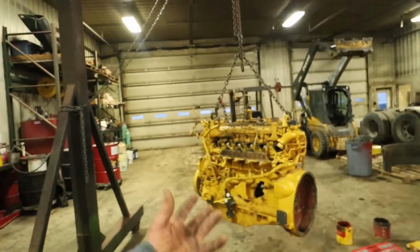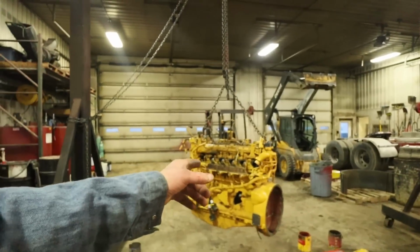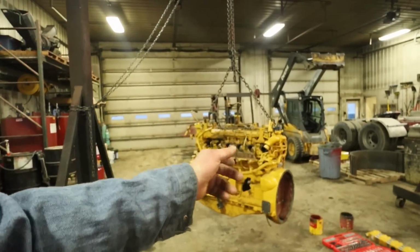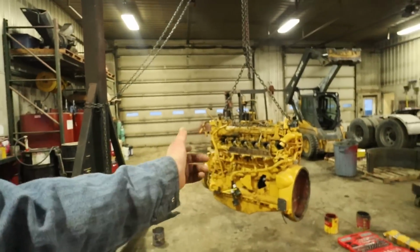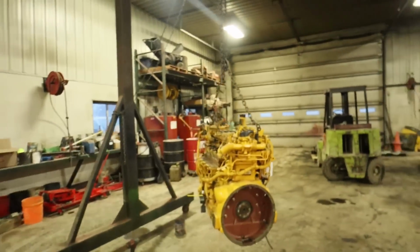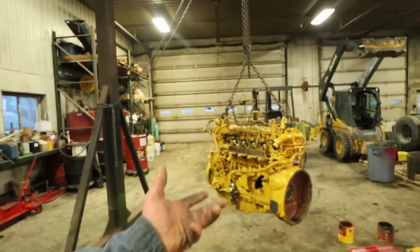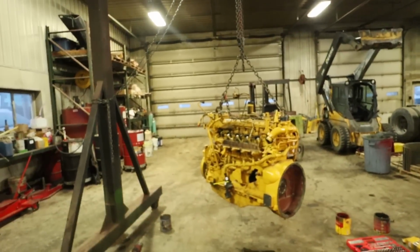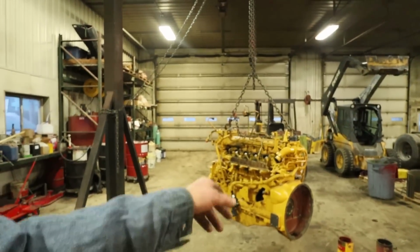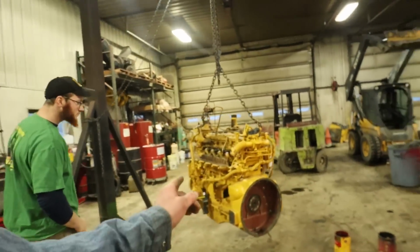Then we're going to view from the bottom side what everything looks like, and then move in and get the bell housing off. Then we're going to start taking the head off, look down inside the engine, and take it apart as we go to try to figure out what happened first, whether the piston seized up or if the rod just broke. The bearing could have gone on the crank. The rod could have seized up on the crank. We really don't know, but at any rate, it had